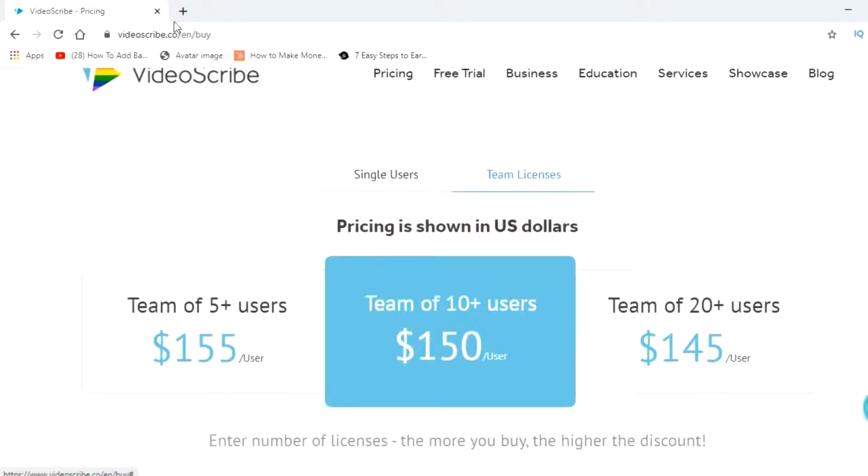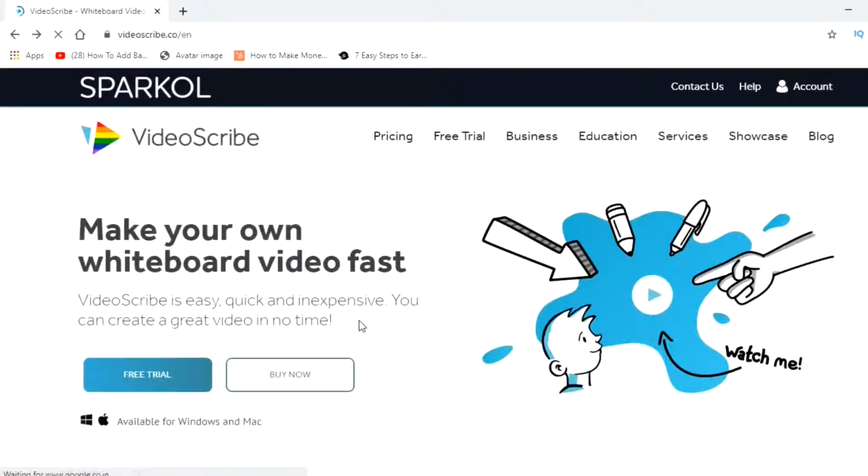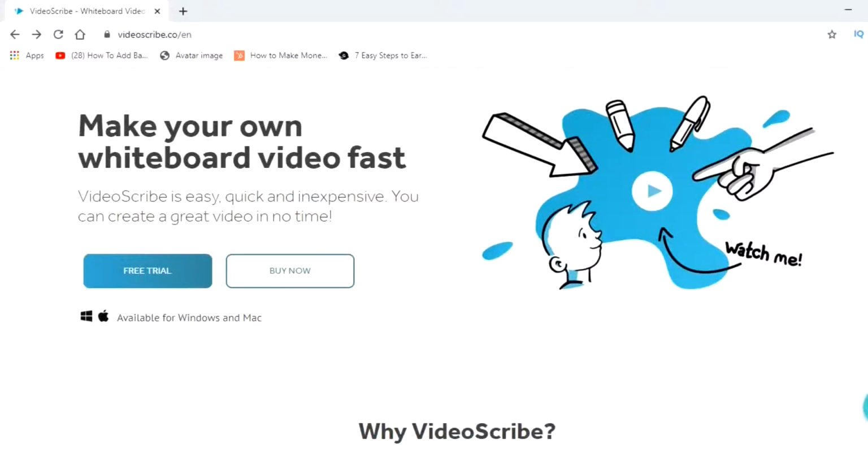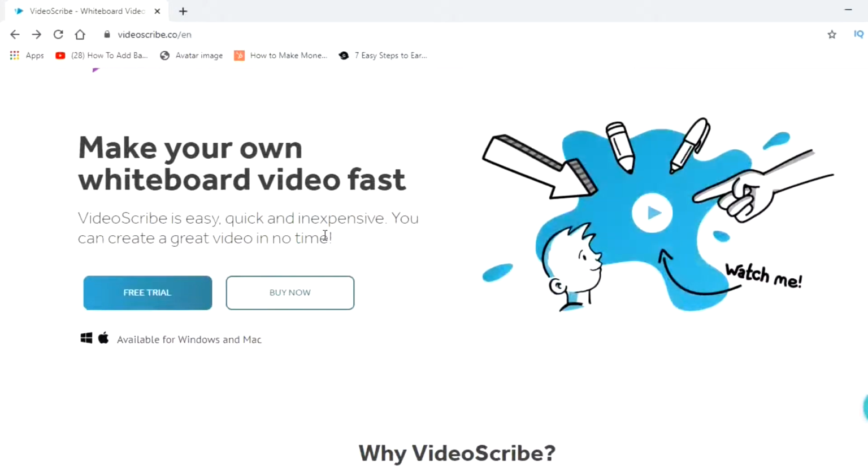Let's now go back to the previous page and let's look at how you can download the free trial version of the software. To do that, click on the free trial button. Notice whether you're using a MacBook or Windows, the software can be installed on both types of machines. So click on the free trial button